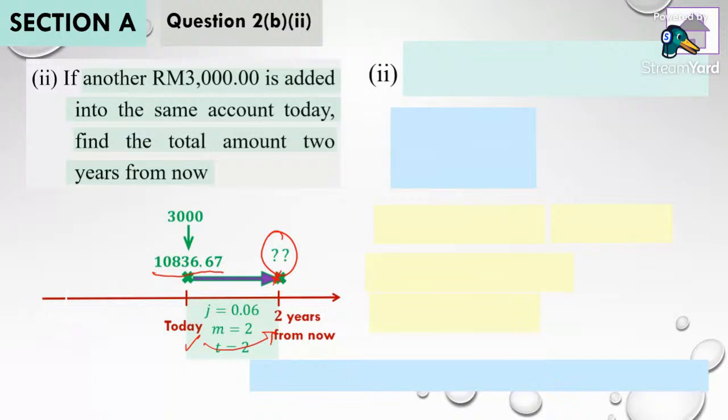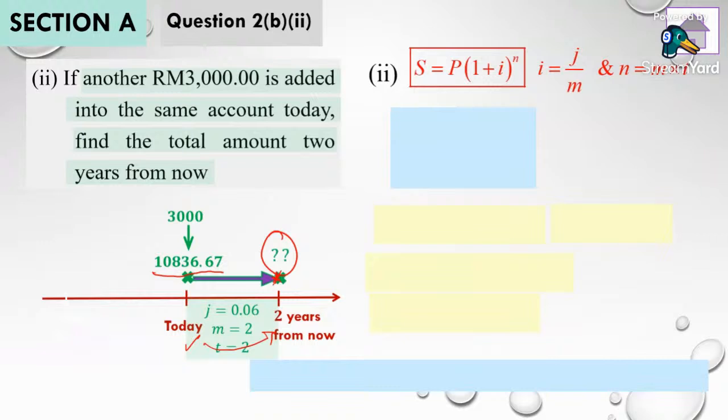Then once again, since we know this is the case where we use compound interest, let us try to figure out for this particular case what the I and also N are. We find that the I is still the same as just now because it's still the same account, with no changes to the interest rate.